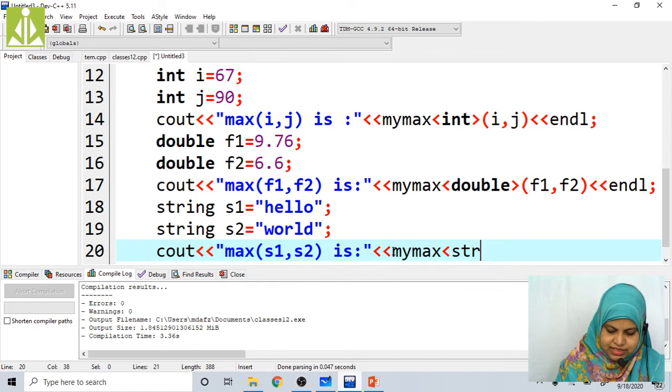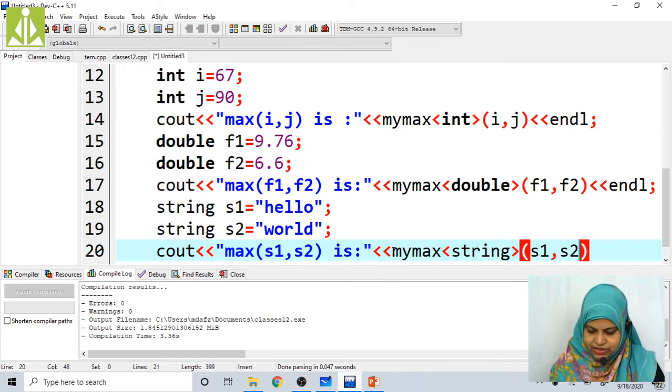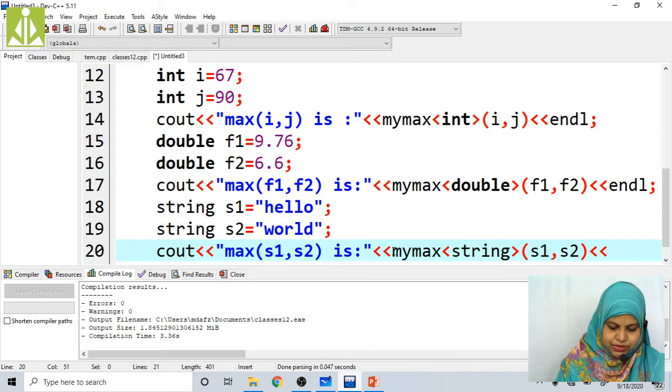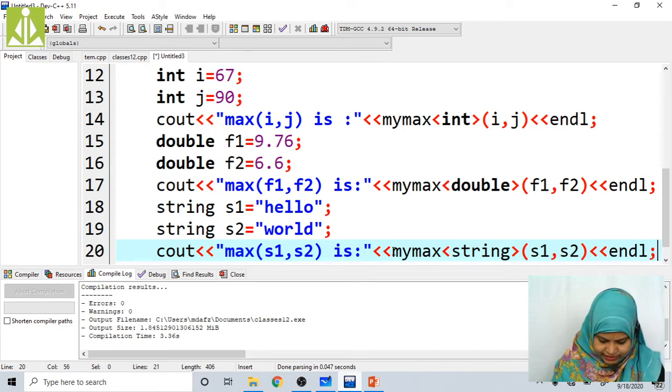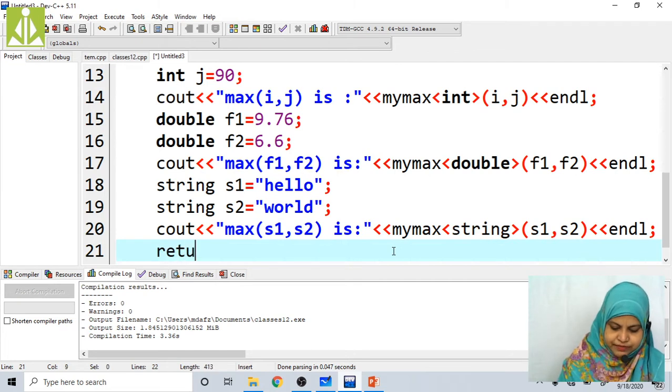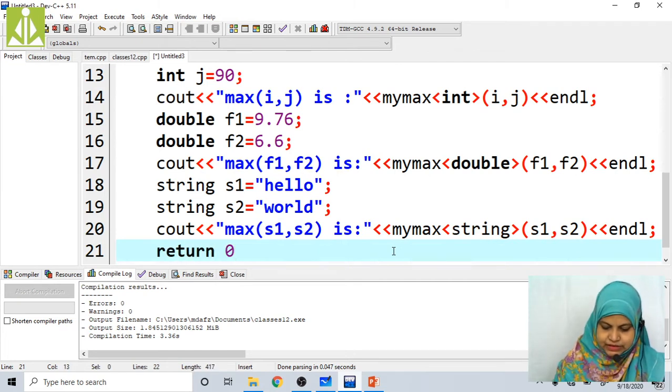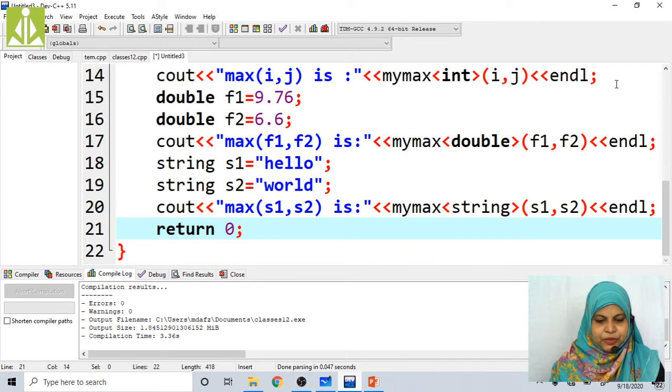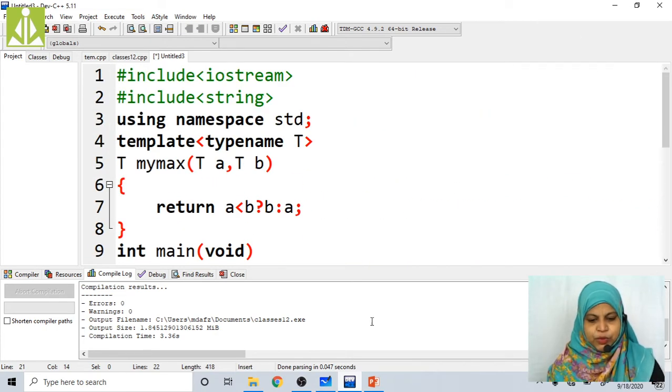String. Here I am passing s1 comma s2. So endl, ending the line. Next is return 0, right?